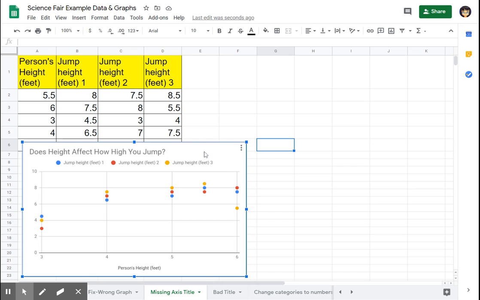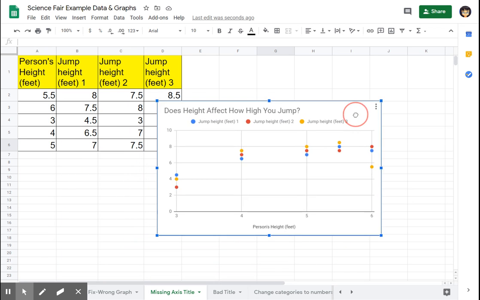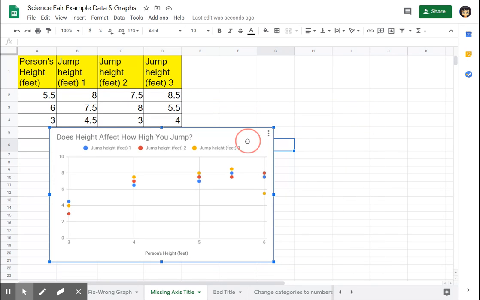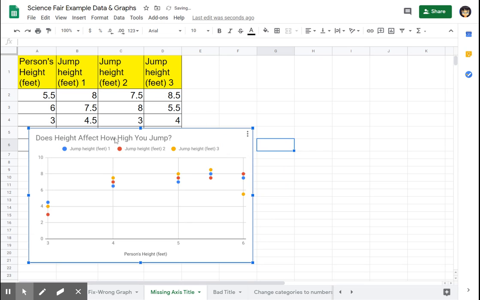Okay, so here's a graph that I made to go with these data, and you can see I've changed the title, and that's all very well. There's the x-axis, but there's not even a y-axis title. There's not even anything there for me to see, and that's because when you have multiple dependent variables, then